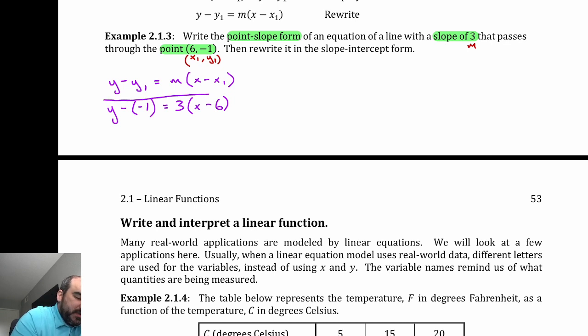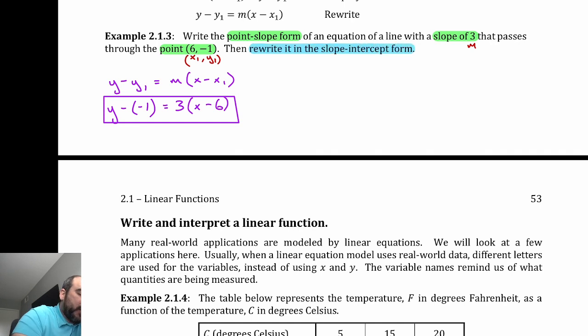That is point slope form. So that is the equation of this line in point slope form. The question also wants us to rewrite it in